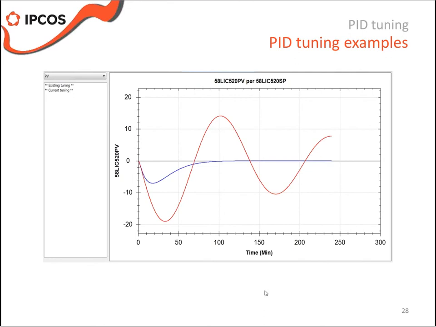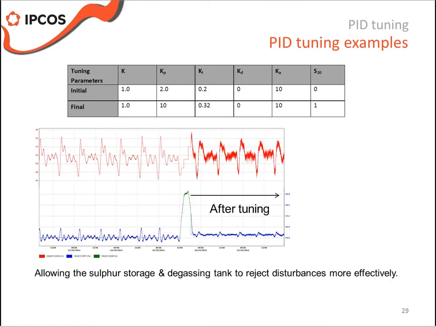This here is before and after for this particular loop. The red is before and the blue is the after. And this is a disturbance rejection plot. And here is the before and after tuning in terms of parameters. So we started off with a gain of 2, and I think this is a reset of 0.2, and we ended up with a gain of 10 and a reset of 0.32. Again, significantly different tuning parameters